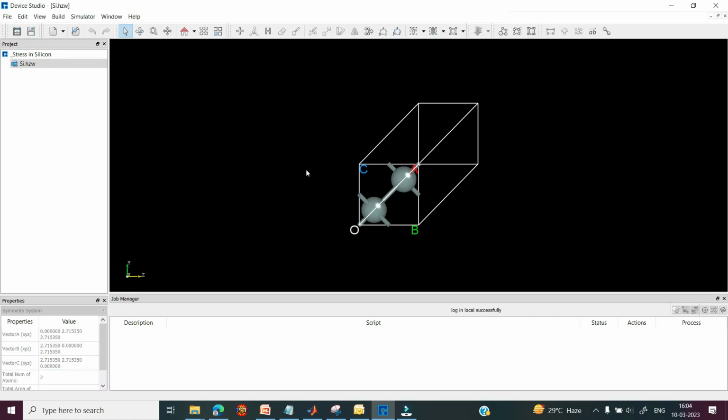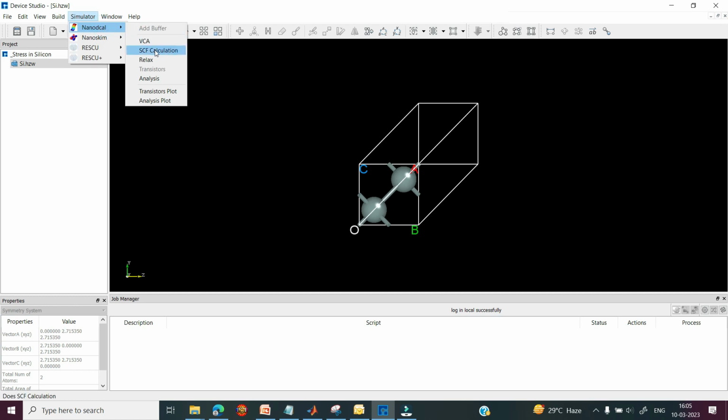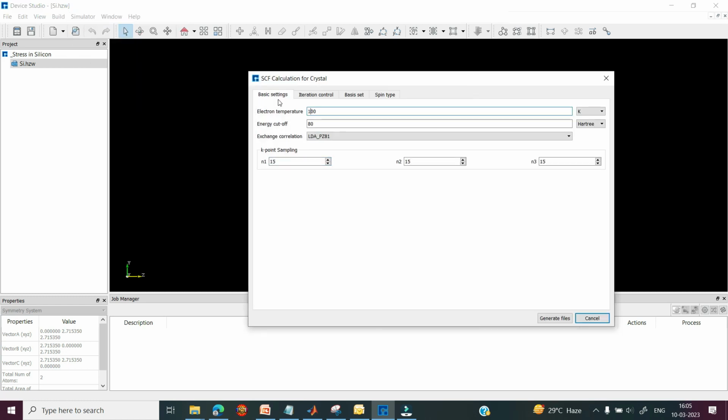First I want to calculate the band structure and effective mass of this silicon structure without any stress, and then I will calculate these properties under uniaxial and biaxial stress. So you can go to the Simulator, select Nanodcal, and select the self-consistent field calculation, the SCF calculation.